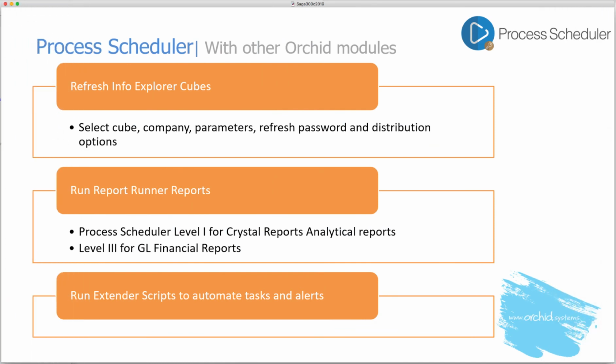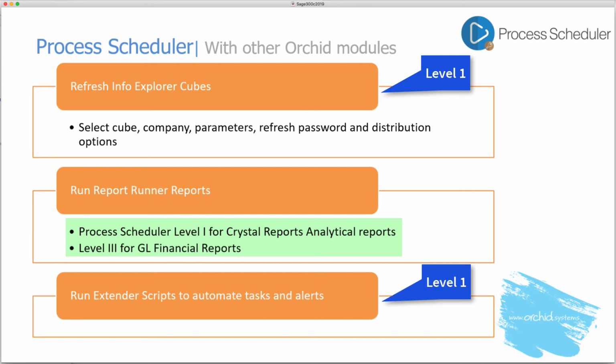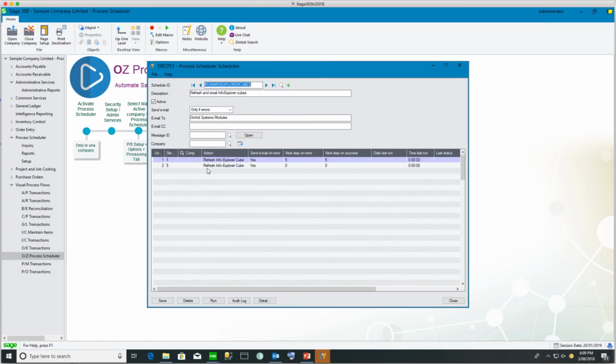Finally, we're going to look at Process Scheduler in conjunction with other Orchid modules, namely Info Explorer to refresh the cubes, Report Runner to refresh Crystal reports or GL financial reports with Level 3, and Extender to automate some tasks and some alerts run through Extender scripts. Again, we're not going to set them up from scratch, but we're just going to look at the options that are required. So to run Info Explorer cubes, you create a new schedule, determine what notifications you want, and then